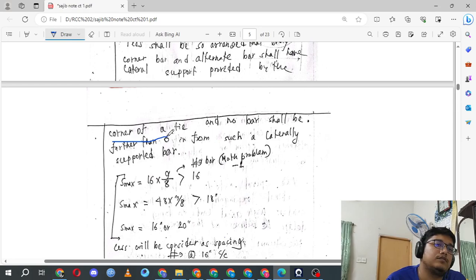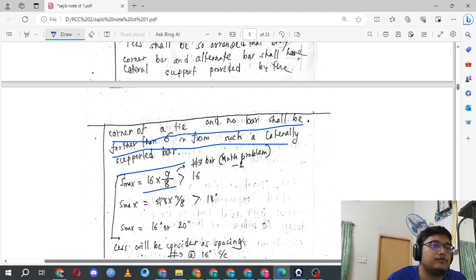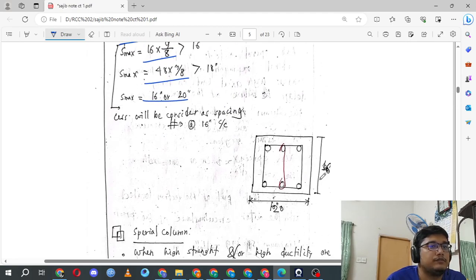Corner of a tie, and no bar shall be further than 6 inch in from such a laterally supported bar. এখানে দেওয়া আছে যে এস ম্যাক্স ইকুয়াল টু, সূত্রগুলো এখান থেকে আমরা বসে নিয়ে করতে পারি। এখানে যে এরকম বার